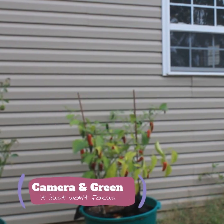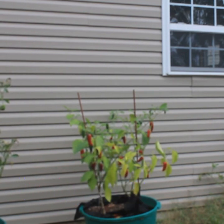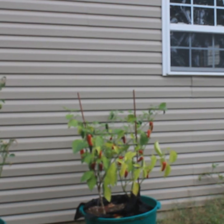Well, we're going to clean out the wicking buckets today, and I'm going to give you an overview of what's in them and how I made them. We're going to try for the first time to do root crops in them. I've never done root crops in the wicking tub, so first I'm going to try to harvest